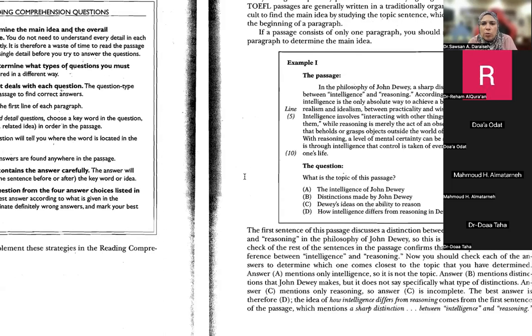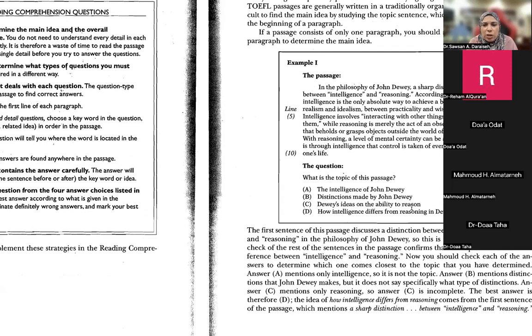Our goal, while we can learn, by the way, but we don't want to do this now, is to answer this question. What is the topic of the passage? Look, based on only the first sentence, Dr. Mahmoud, was the topic the intelligence of John Dewey? Were we talking about his intelligence or the intelligence that he made? No, because not intelligence, right? Just intelligence and reasoning. He spoke about both of these. So, distinctions made by John Dewey,